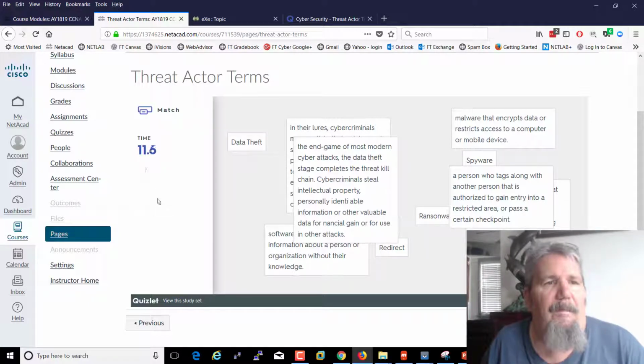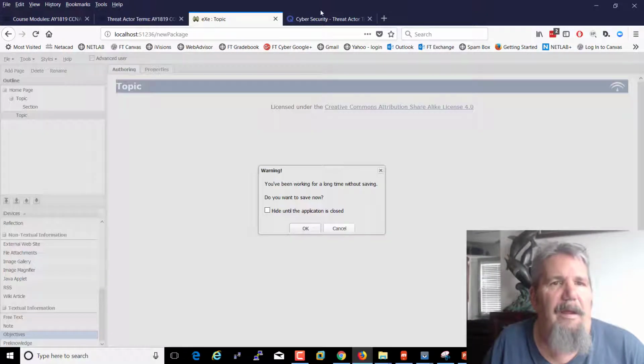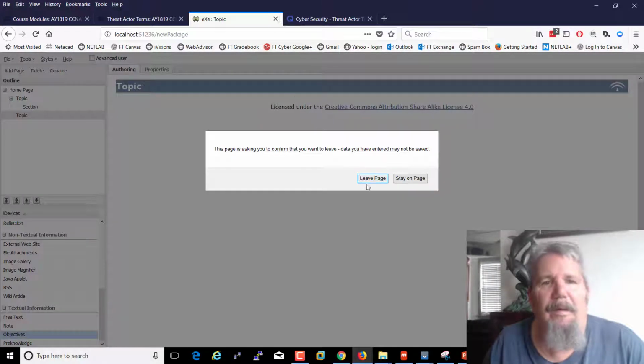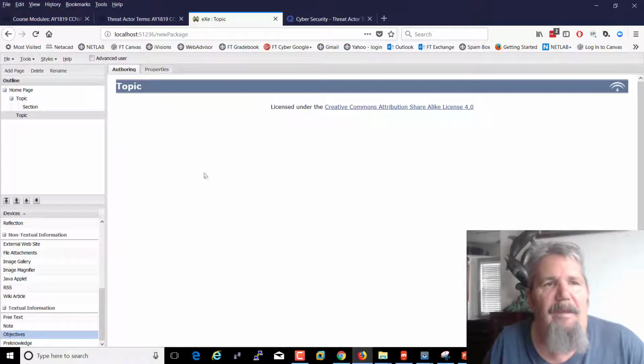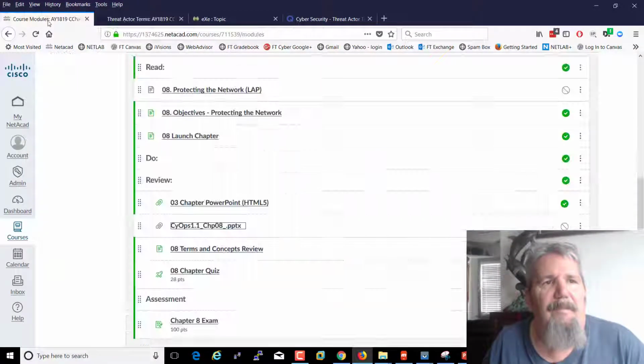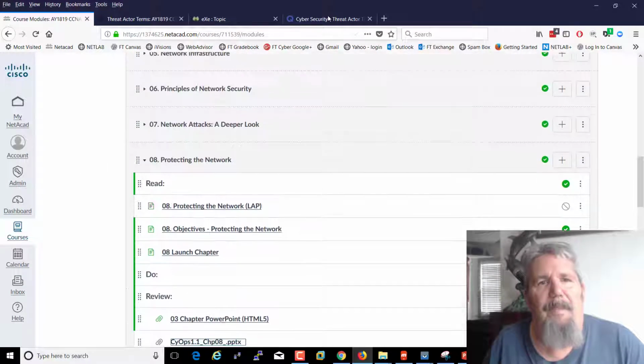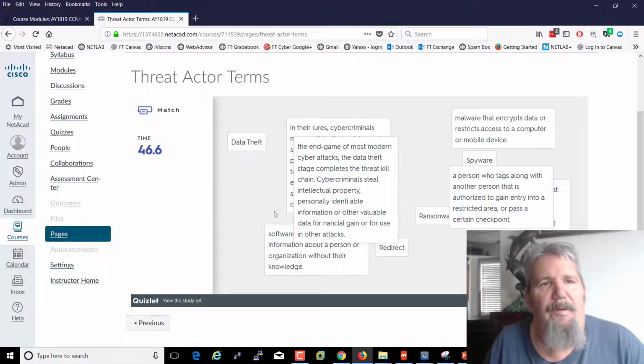But that's just a couple things that you can do to add some flash, if you will. Bad choice of words. Add some color, some activity into your courses. And I'm going to leave it at that, and I will try to get back this afternoon and do one